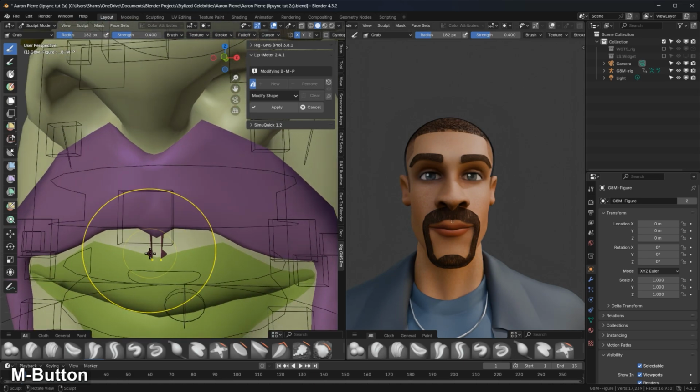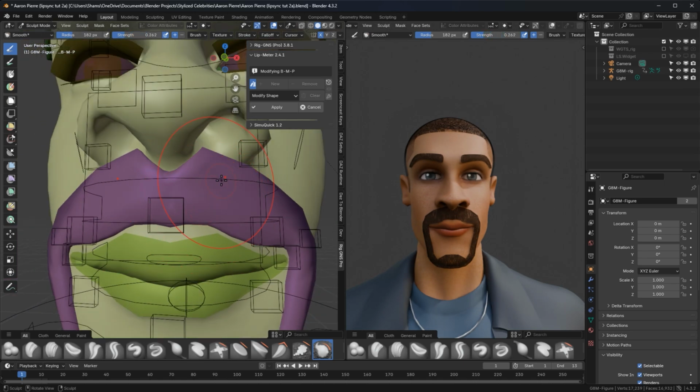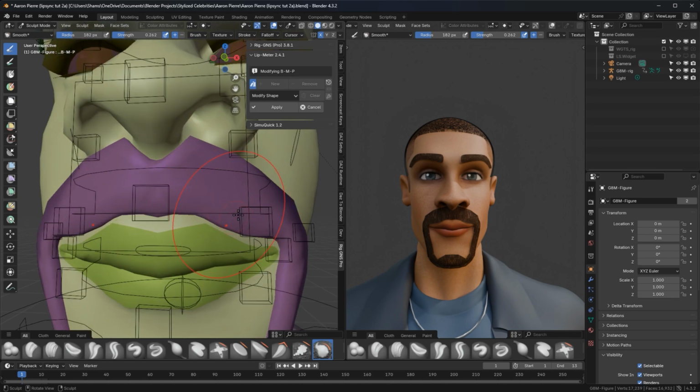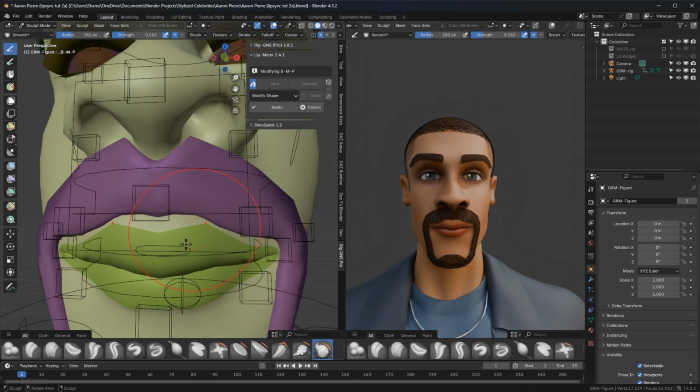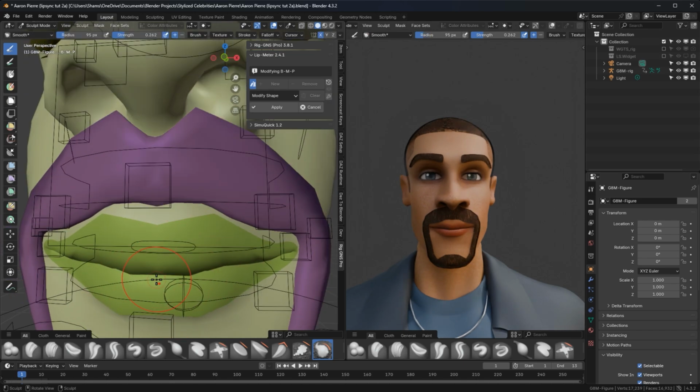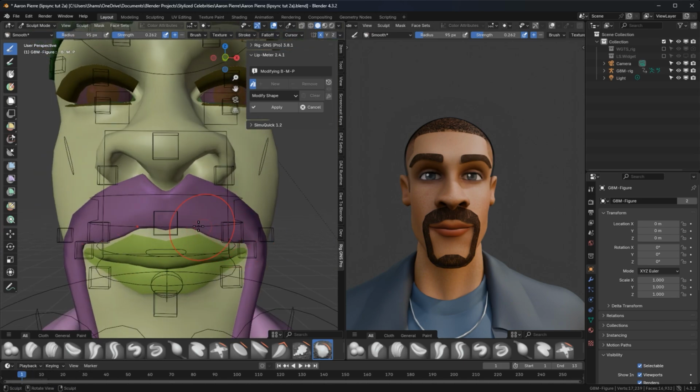Okay, I will press S for the smooth brush, reduce the influence to around 0.3, and then smooth this area of the mustache. Now I'll turn the subdivision modifier back on to see how it looks. I'll disable that. The upper lip is sagging a little, so let's smooth that out. I also noticed this area of the mustache looks stretched, so I'll need to fix that.